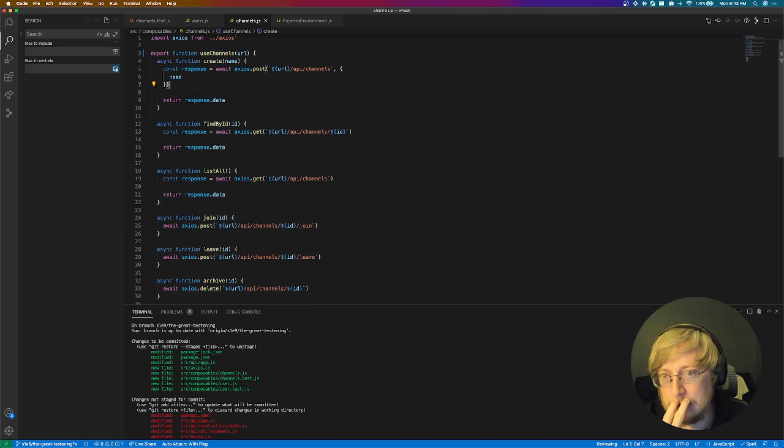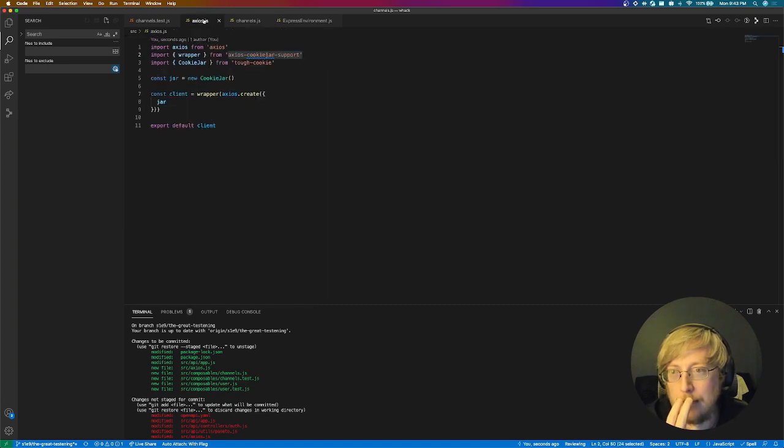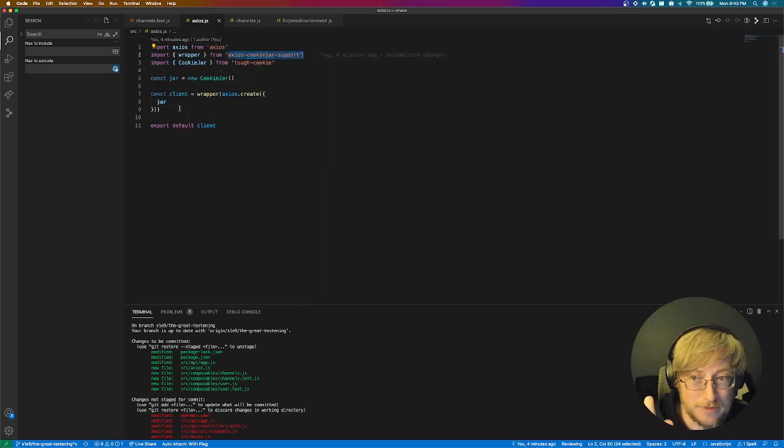We don't need to do this. Oh, I'm not entirely sure that we even need this library. With that change in place, I really wonder if this will work without the whole cookie jar thing. Because what